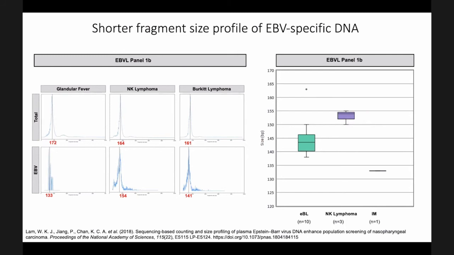We essentially are able to reproduce the data that was previously published on nasopharyngeal carcinoma, which showed that the EBV-specific fragment sizes are smaller and shorter than those seen in normal human DNA, but at the same time they are longer than the EBV fragments that are seen in infectious mononucleosis. So that will obviously further help us to differentiate between different stages of a disease and also different stages in